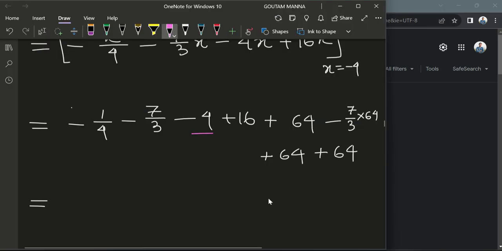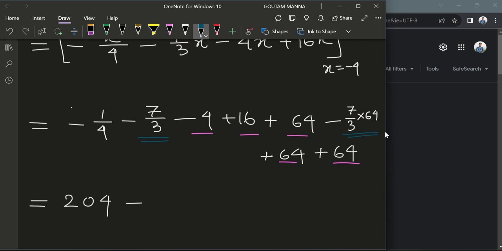So if I calculate just these terms, 204 minus, so there is 7 by 3, here there is 7 by 3 minus 7 by 3, and here there is 64 minus 7 by 3, so there will be 65. 7 by 3 minus 1 by 4,